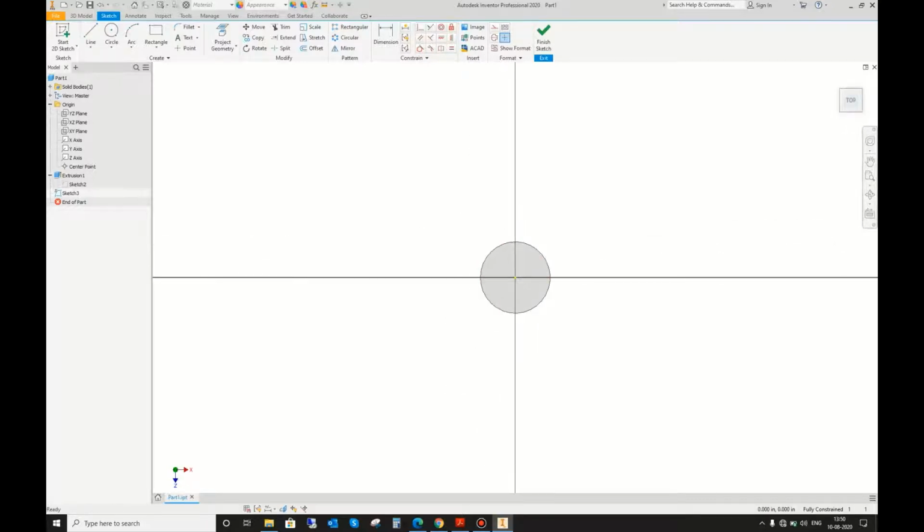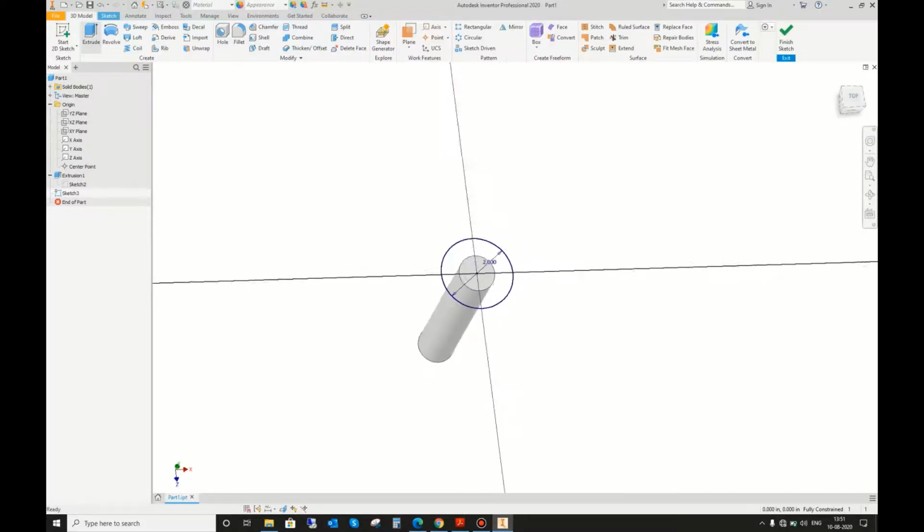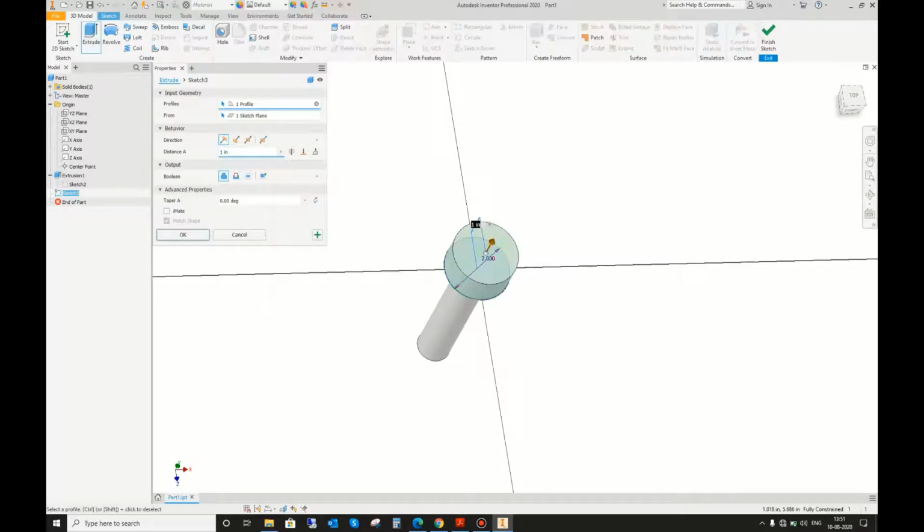So I will select this face for the sketch, and then I will make a wider radius for the continuation of the shaft part. So here I will select 2 inches and then I will extrude again. I will give 2 inches of height.